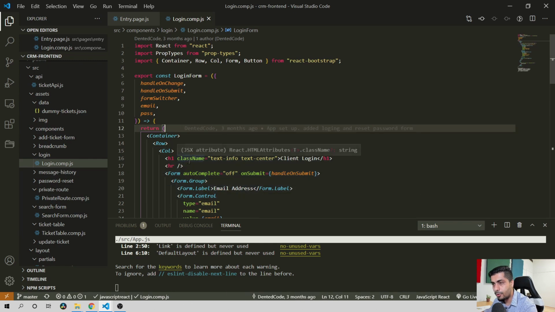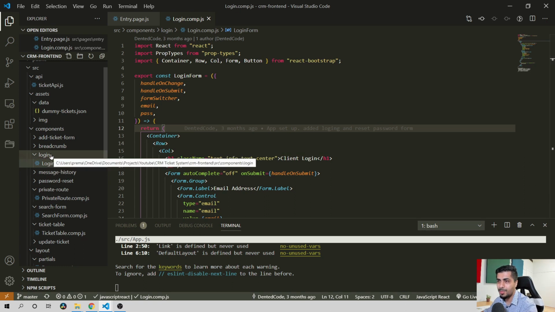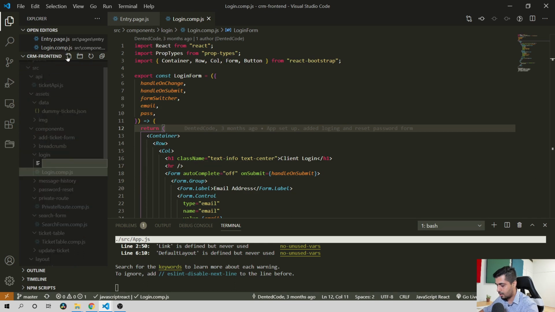So before doing that, since we are going to manage the state, let's create the login reducer, and we have to create a few actions for that. So let's do that. Since we are following the docs pattern as per the Redux Toolkit suggestion, we will create the reducer slice, and it's better to put it together with the feature. So in our case, it's login. So I'm going to put it inside the login component, create a new file called